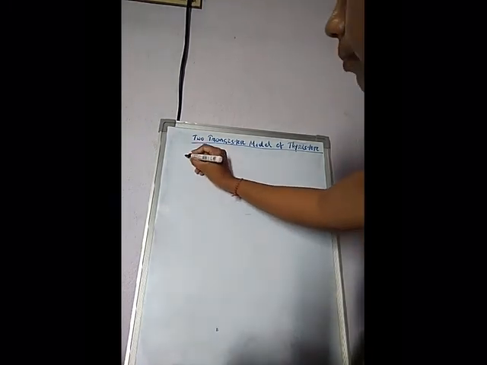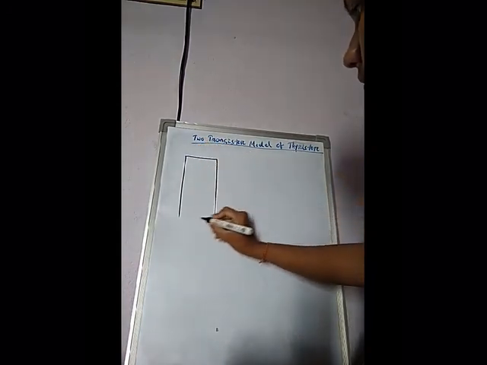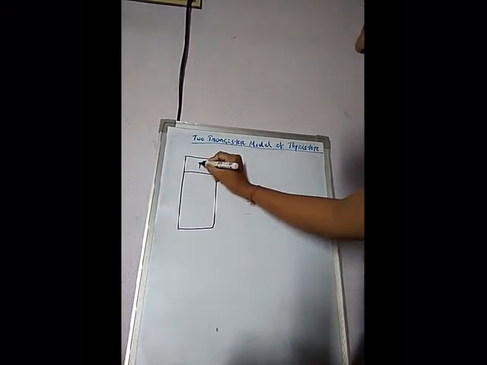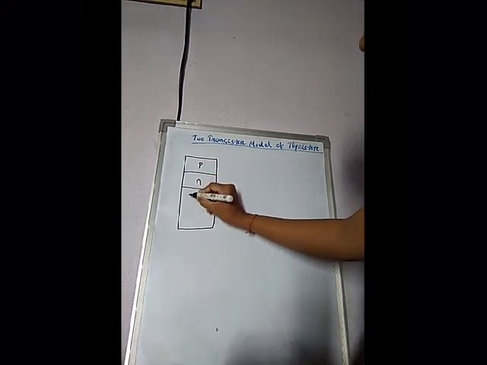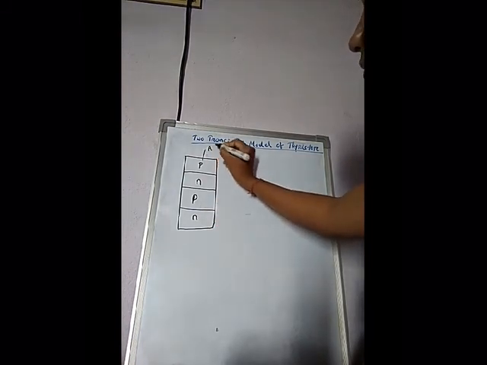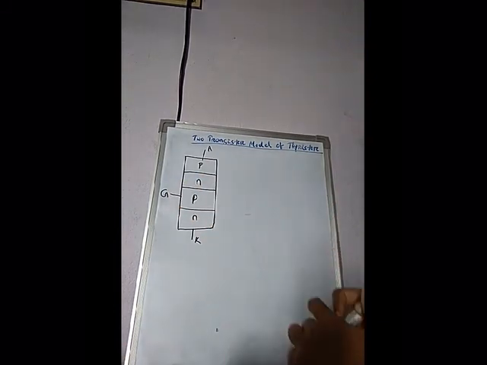You were already taught in the previous sessions that the thyristor layer diagram is like this: P N P N. This is anode, cathode, gate. This is the layer diagram of the thyristor. So in the two transistor model, the thyristor principle of operation can be explained by the use of the two transistor model of a thyristor, or two transistor analogy of thyristor.